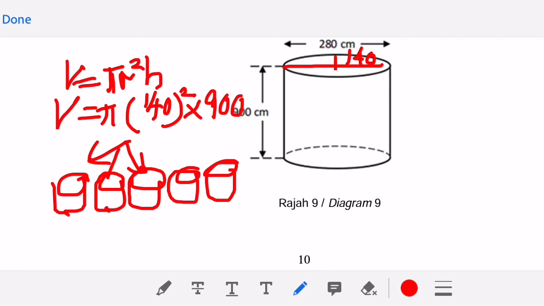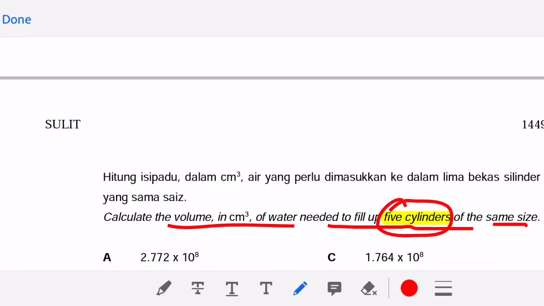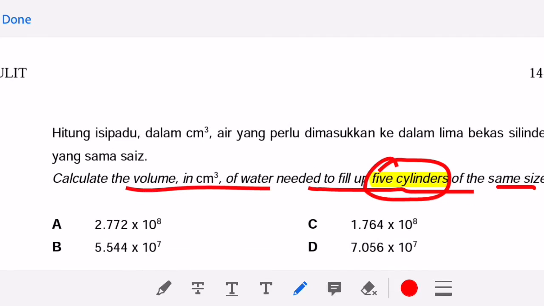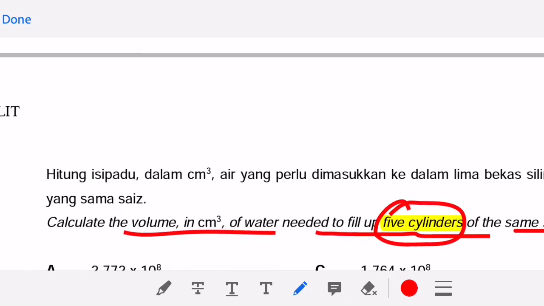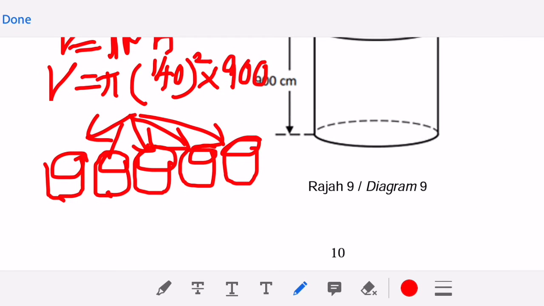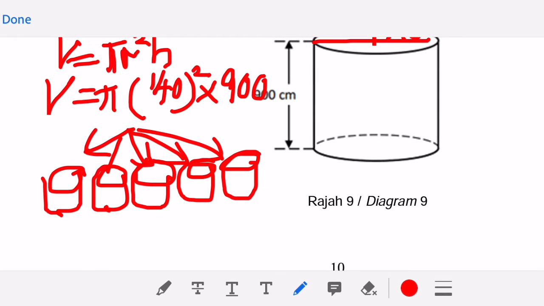So the question is saying that you're going to use a volume, pour into 5 cylinders with the same size, and calculate the volume of the water needed to fill up 5 cylinders of the same size. So that means the volume needed to fill up. We have to use a formula. So you can press your calculator: 22 over 7 times 140 square times 900. So the total volume is